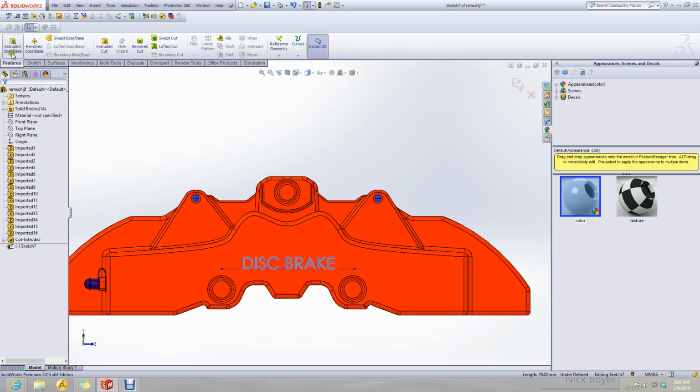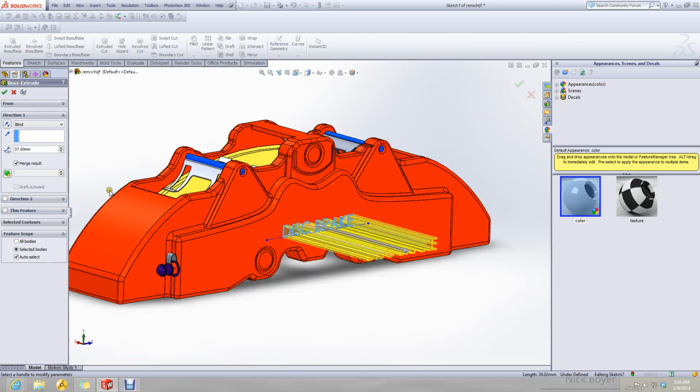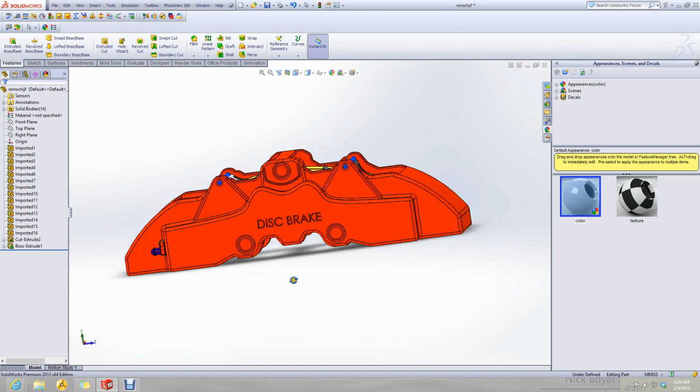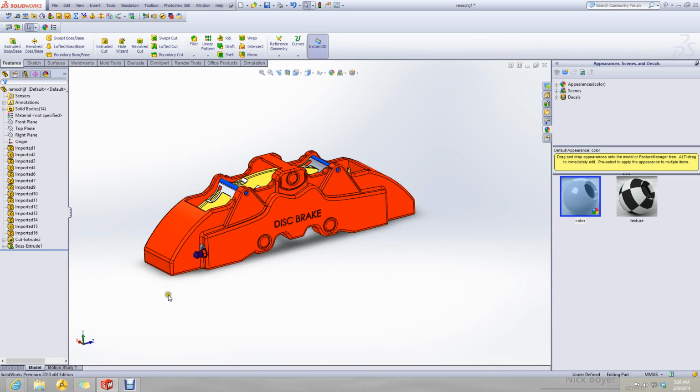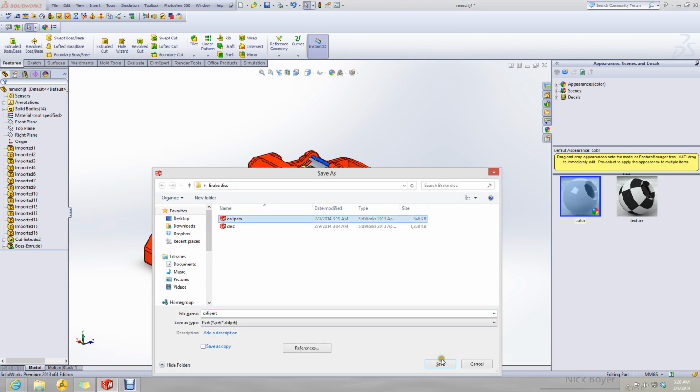I will extrude it to 0.1 millimeter length. Now let's save it over here.